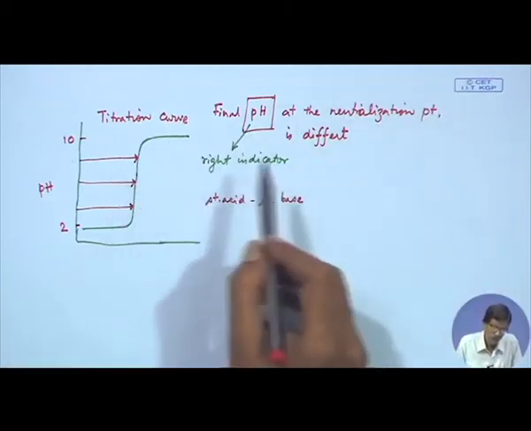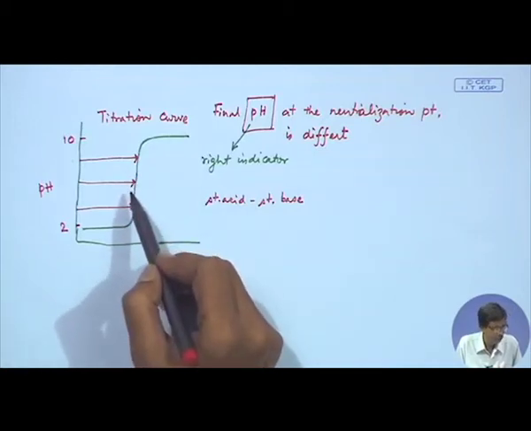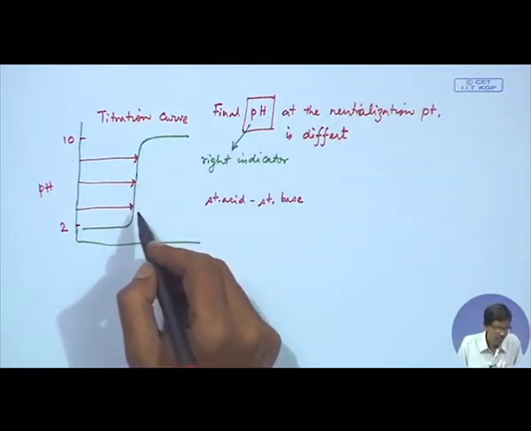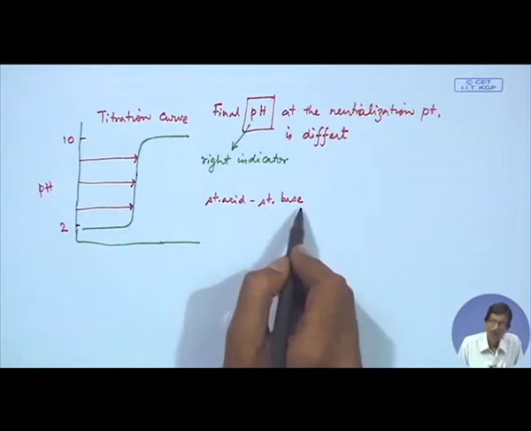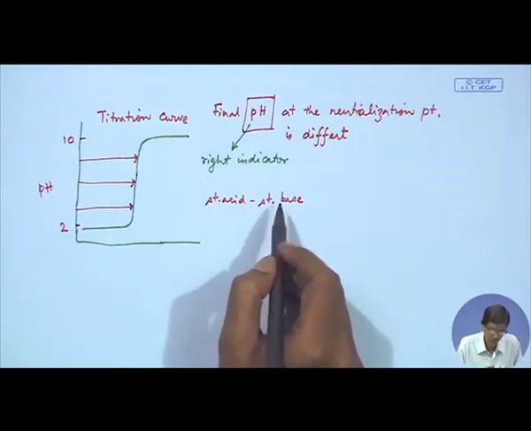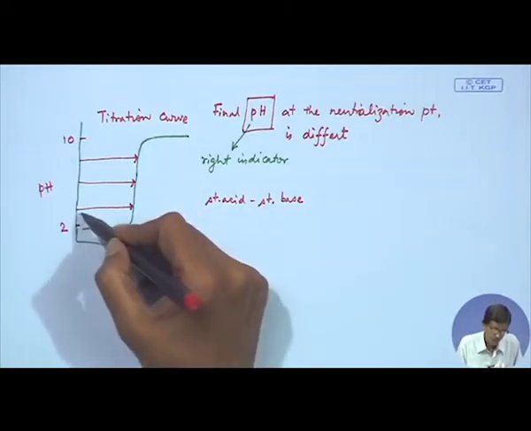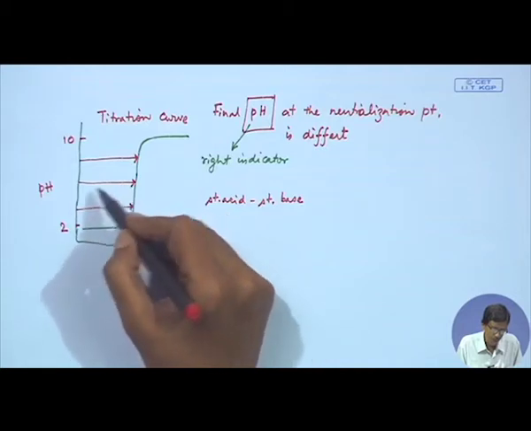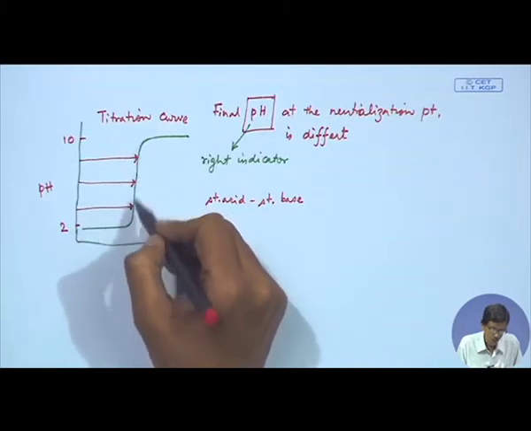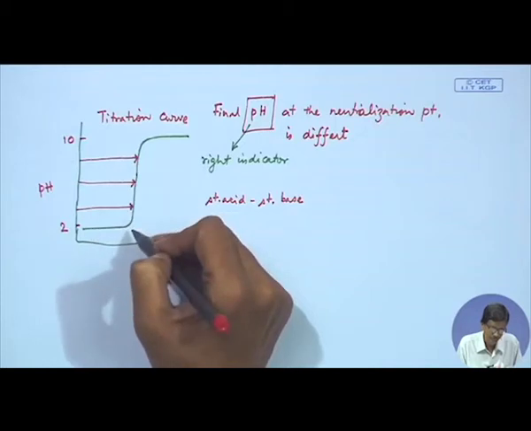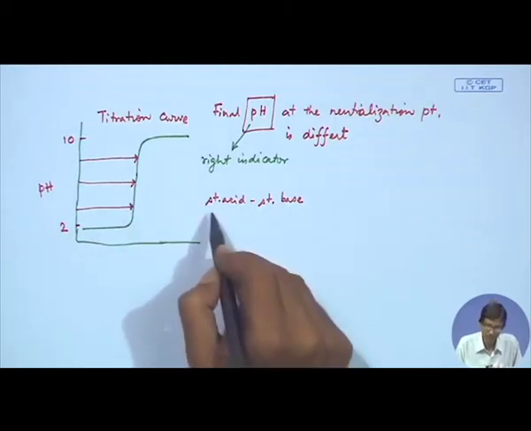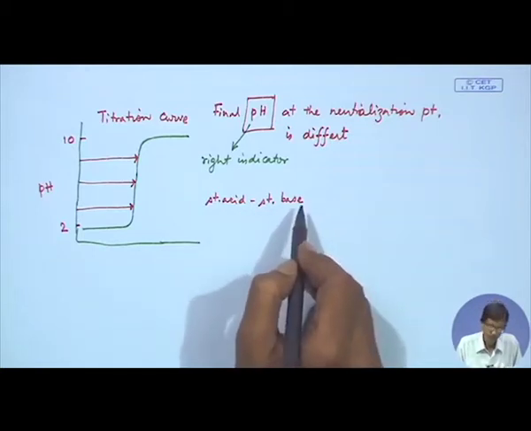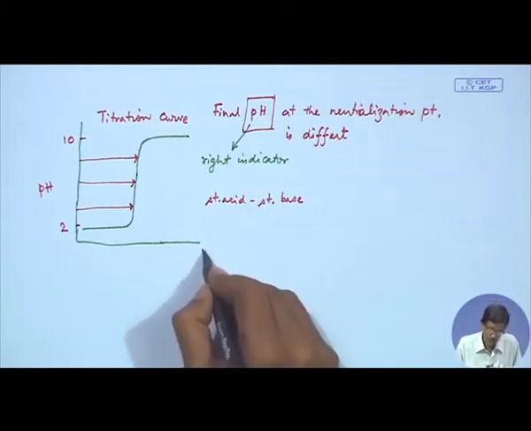So, any of those discussed indicators can be used over this to indicate the corresponding sharp end point. But as we all know, if it is not a strong acid strong base combination, we just go for the rising of this particular part and it is not so sharp, that means this particular range is less. If we go for a weak acid strong base combination and finally the weak acid weak base combination.